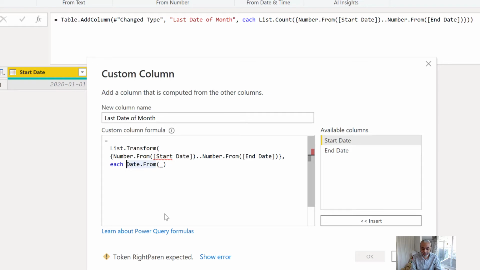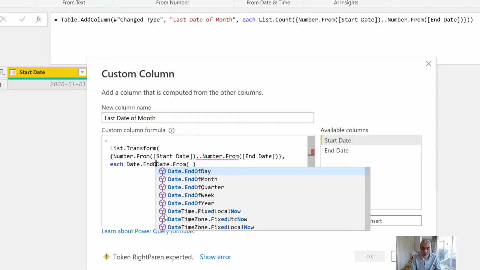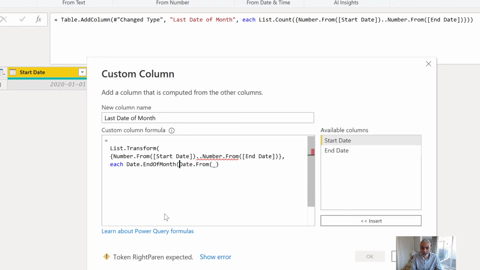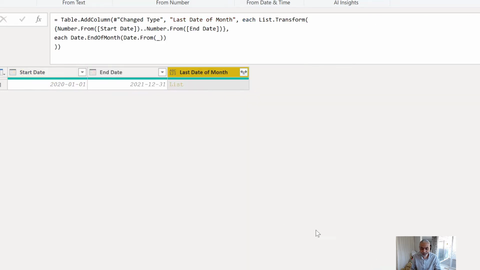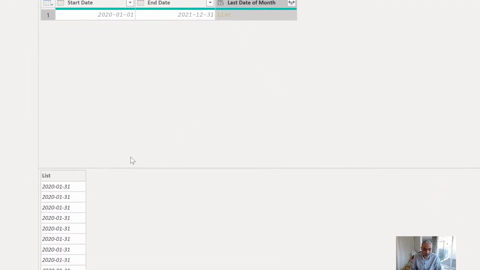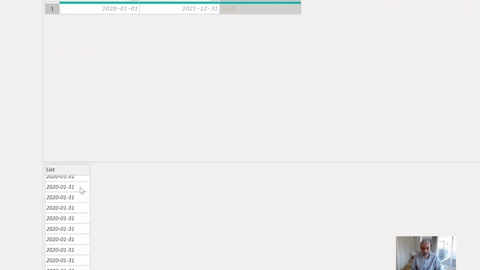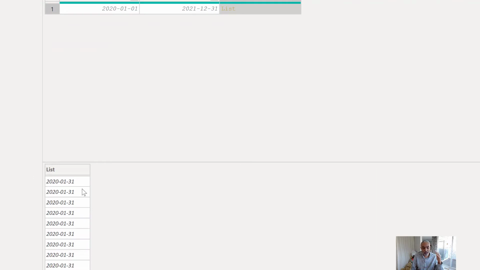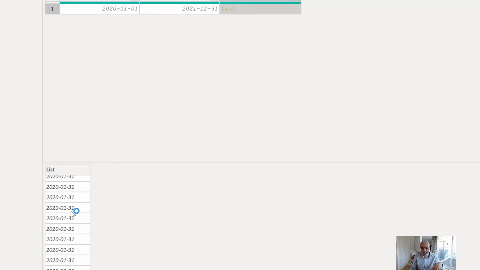we have a function, Date.EndOfMonth. If we want the start of the month, we can say start of the month, but let's say we want the end of the month. So we close this, and now we close the List.Transform. If we do this, okay, now we have a list with all the dates converted into the last date of the